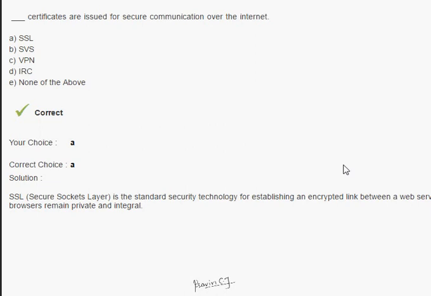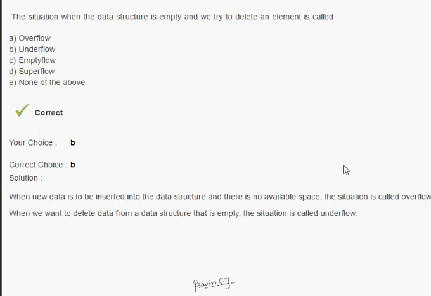It's a newly standard security technology. It's the Secure Socket Layer. The link ensures that all data passed between the web server and the browsers remains private and internal. Next question: the situation when the data structure is empty and we try to delete an element is called